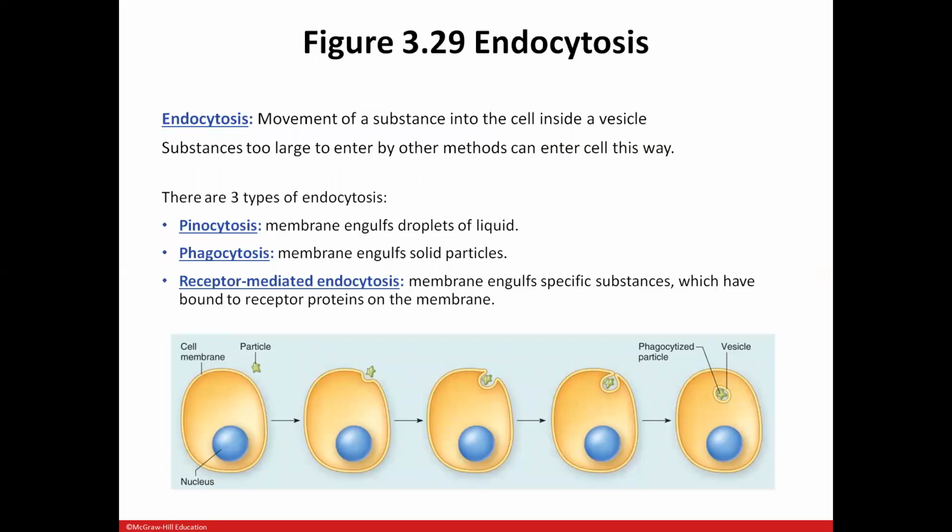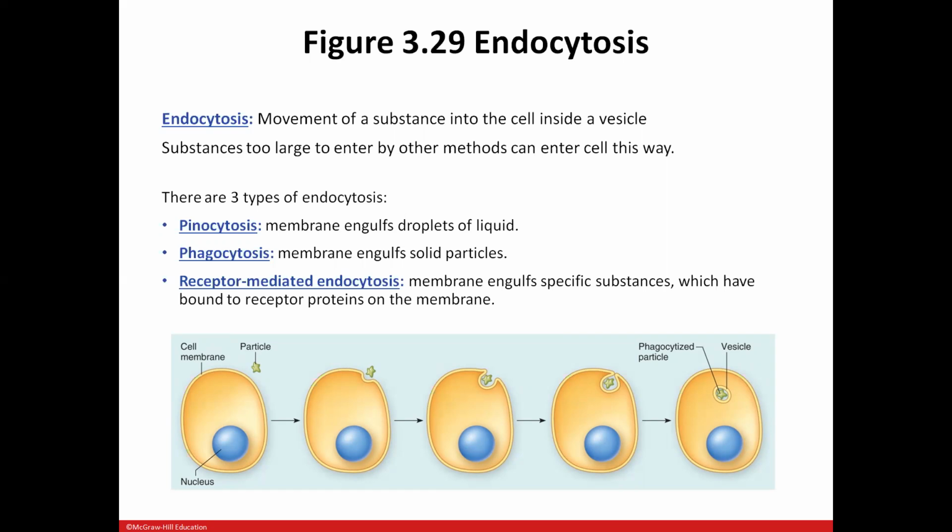Now, part of active transport is we also have endocytosis. So endocytosis is the movement of substances inside of the cell. And so we'll talk way more about this coming up. But there's 3 different types of endocytosis. Pinocytosis is actually, if you think of Pinot as wine drinking, it's engulfing liquids. For phagocytosis, phago is thinking of food, so thinking of engulfing solid particles. And then we have some that are receptor mediated. So when this substance actually is bound to a receptor, then it engulfs it and brings it inside of the